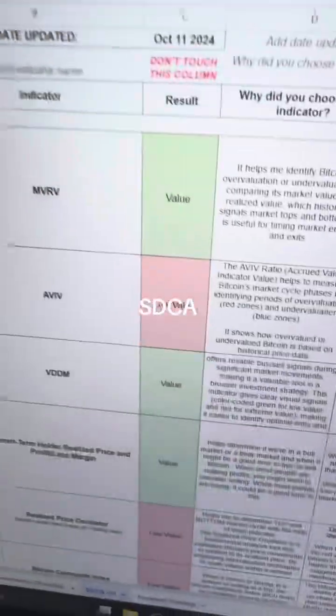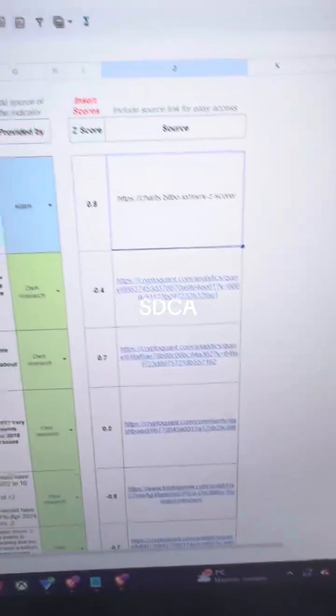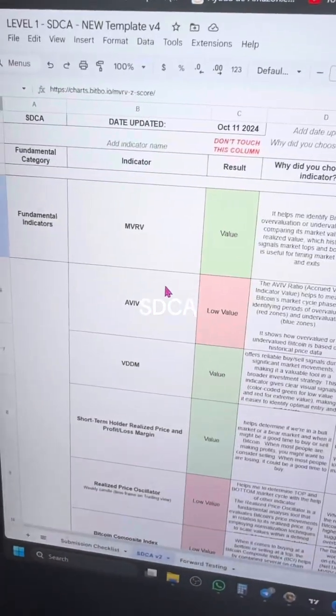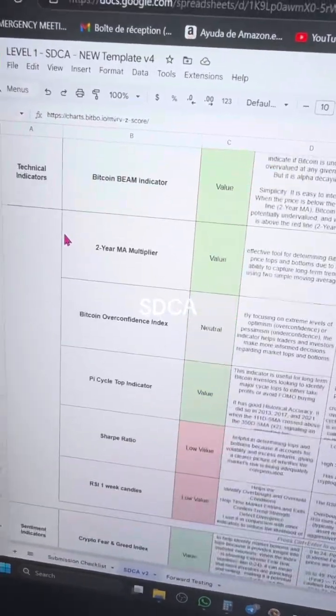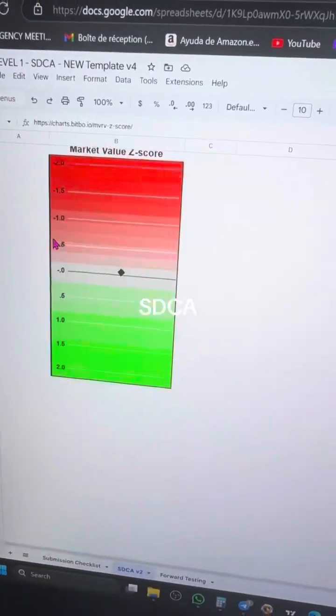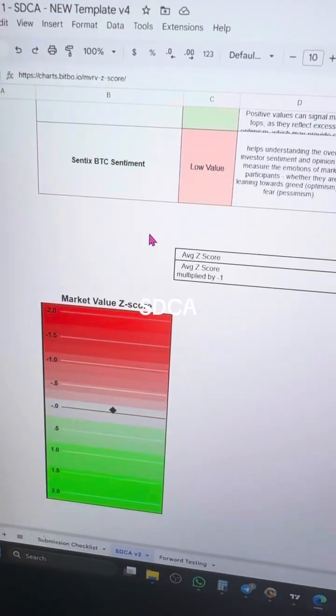Let's do a quick video on how the strategic dollar cost average works. So once again, every rectangle is filled. At one time it wasn't filled, and I had to find the indicators. I had to classify them: fundamental, technical, and sentimental. Currently the value is not the right one because I haven't updated it, but I just want to show you